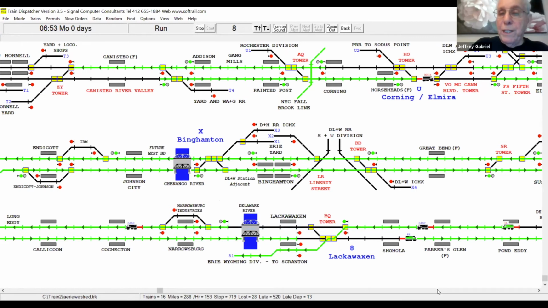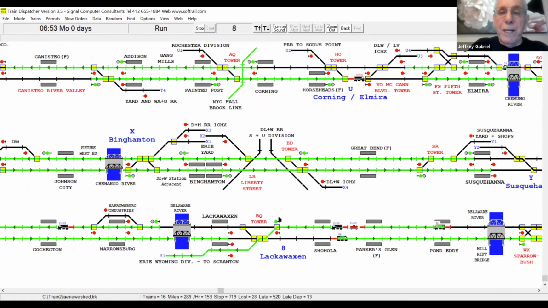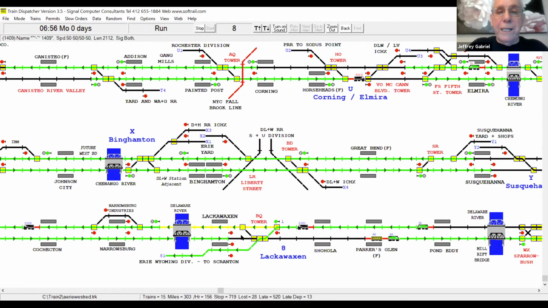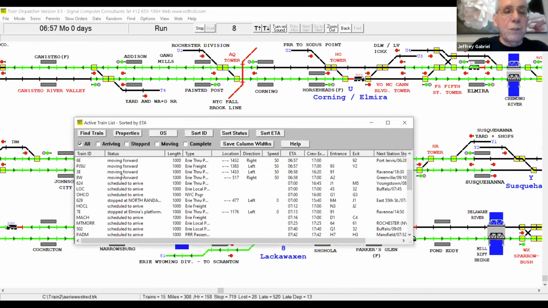And then I'm going to do one other trick. This is the advanced class. You want PJSC to go to Scranton, but you want all the other trains, such as 3, to go straight at Lackawanna. You can actually stack another move by clicking on the signal and then clicking the next signal in the opposite direction. It will get that going. Okay, that's in the advanced course.